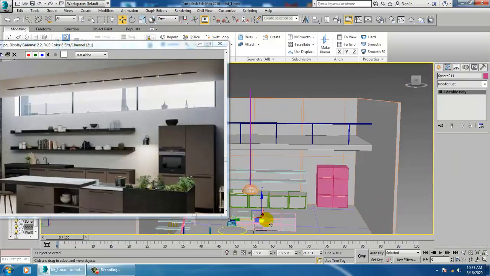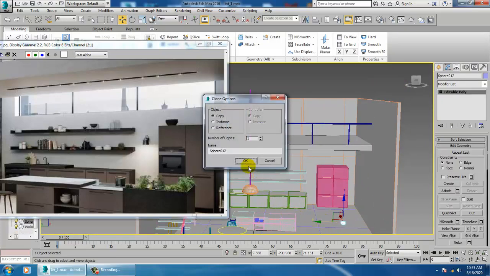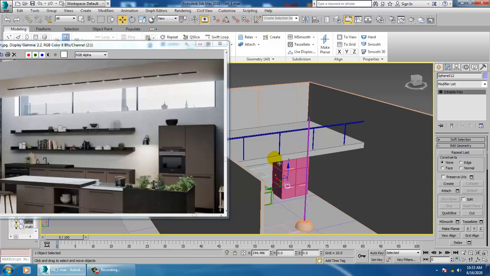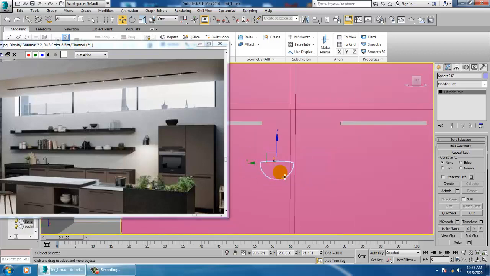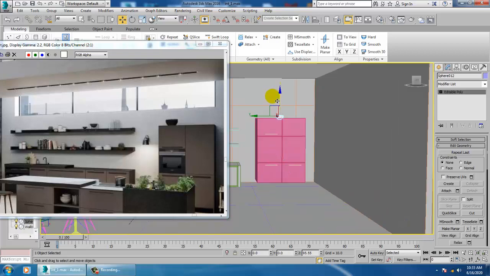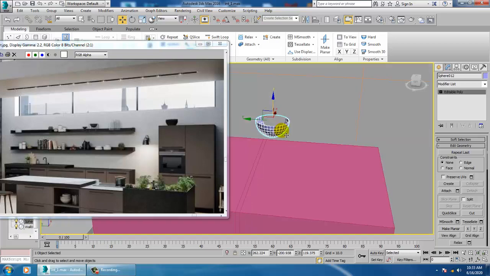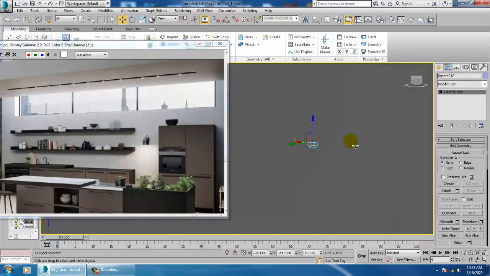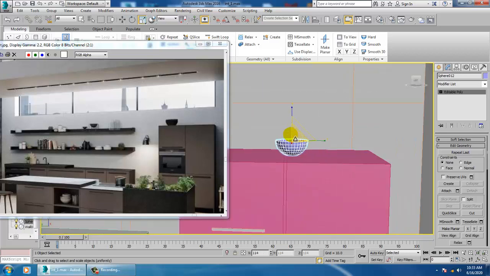We are just going to place that ball, scale it, and place it on top of this. Just push that out, just keep it away.